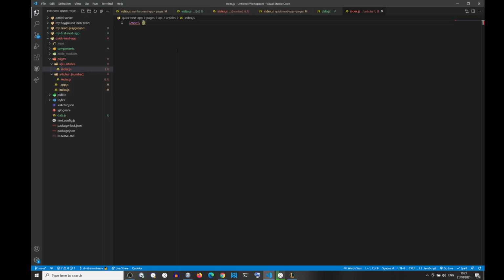Import from, go up, go up, go up again, data.js, there you go. All right, so now we're gonna serve the entire